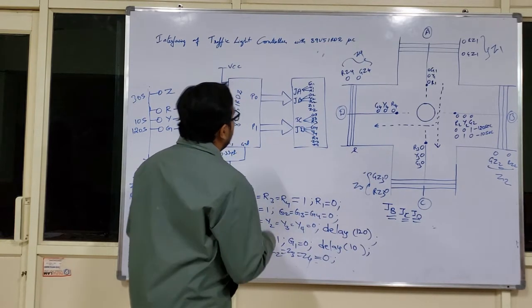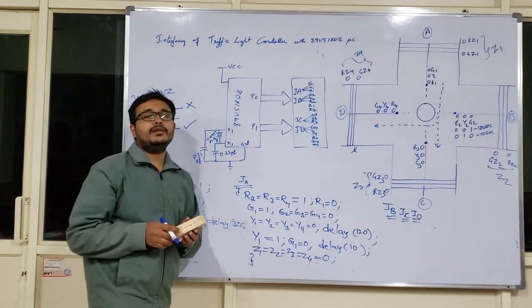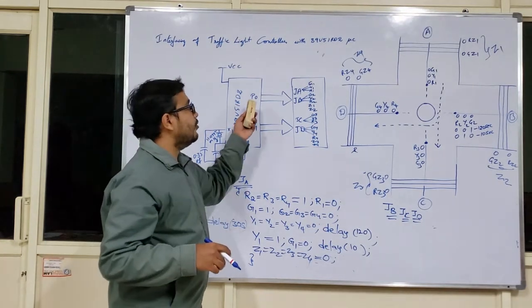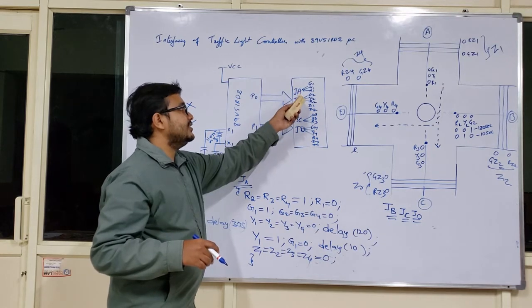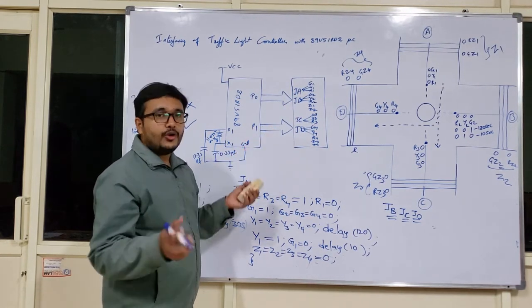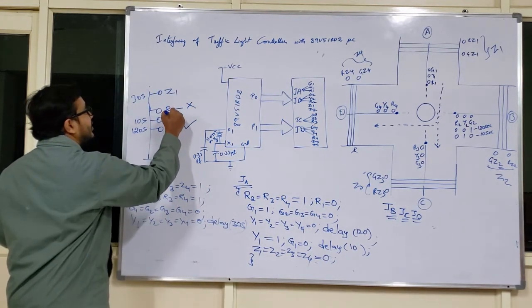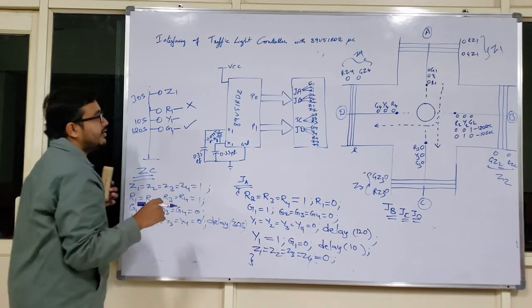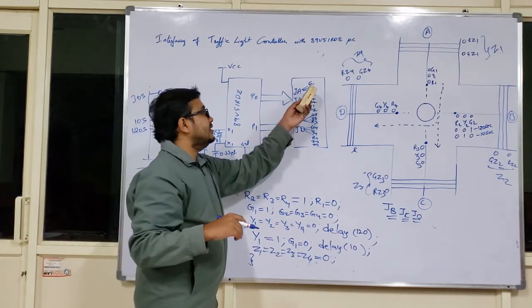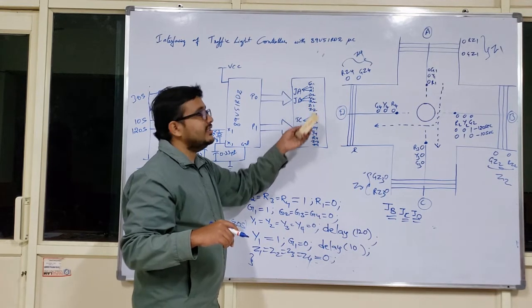Now, can I say that my P0, that is port 0, is having 8 pins. This port P0 is connected to junction A and junction B. Junction A is having again 4 lamps. What are the lamps at junction A? I will be having Z1, R1, Y1, G1. Similarly at junction B, G2, Y2, R2 and Z2.